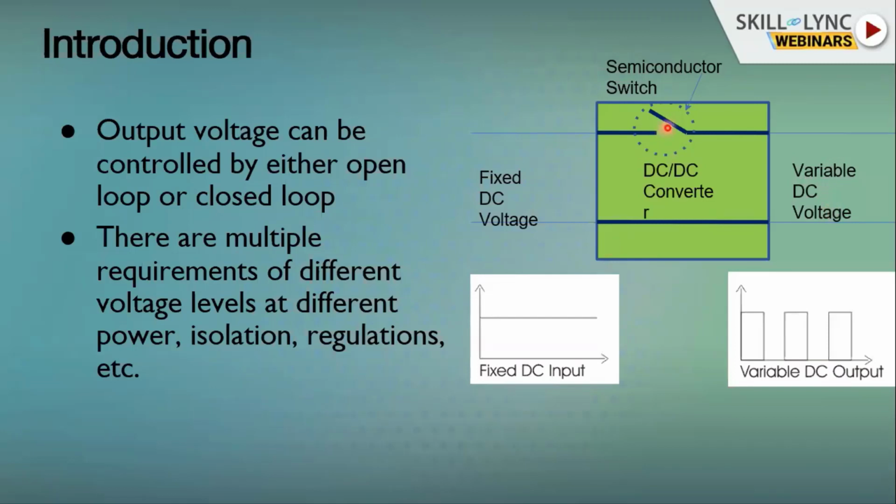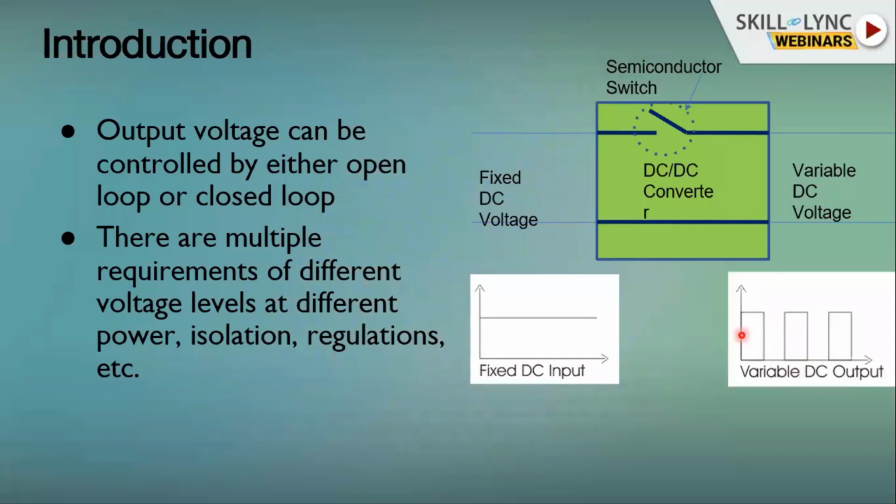If you have a simple switch here and you switch on and off at your desired time, what's the shape of the output voltage you will get? It's like a pulse. When you are switching on, you get the exact fixed DC voltage, the same amplitude, at the output. When you are switching off, you are basically isolating input from output, so there is no flow of voltage or current, and you will see no voltage at the output. The shape of the output voltage will be like this, because you are basically chopping. So sometimes a DC to DC converter is also called a chopper.